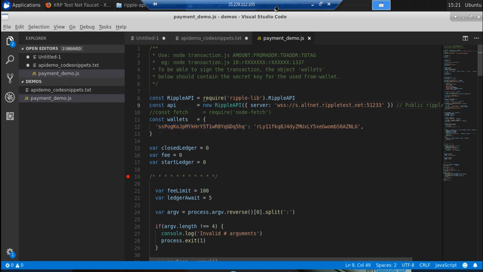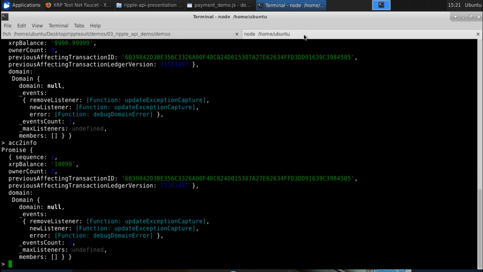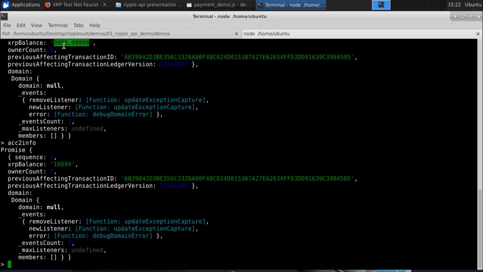In the execution we had 2 terminal windows open because in the first terminal we executed the demo. In the second terminal we went into the node console, and then we set some variables for our accounts, and then we connected to the same test network and did the getAccountInfo for first and second account, and we saw that the 99 XRP got reduced from the first one and got added to the other one.